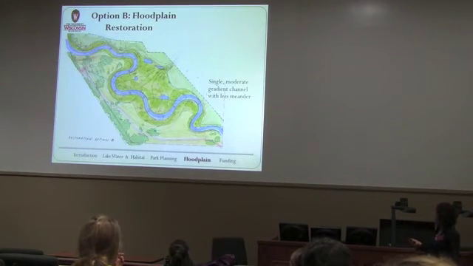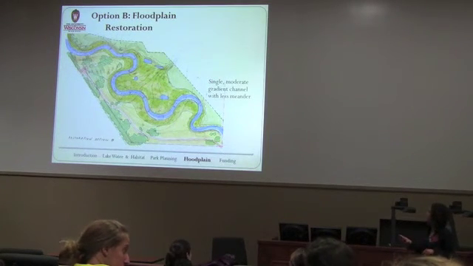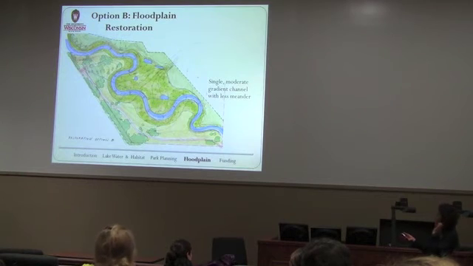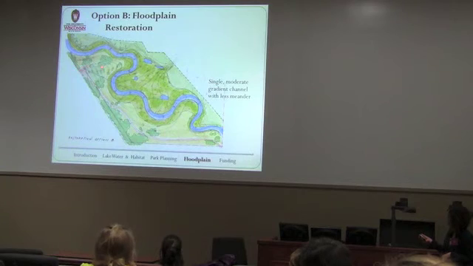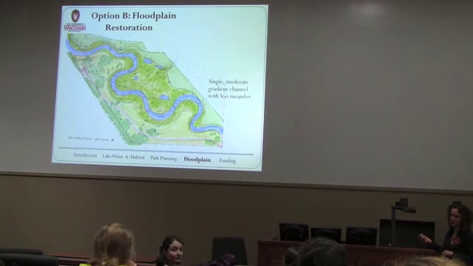The second floodplain restoration is really not all that different, but it looks like creating one single moderate gradient channel that has a little bit less of a meander. One thing that both of these schemes do as well is we avoid this dam structure. So the dam is right here, but it also has this long concrete retaining wall that extends out from it. What we're trying to do is avoid that so we don't have to